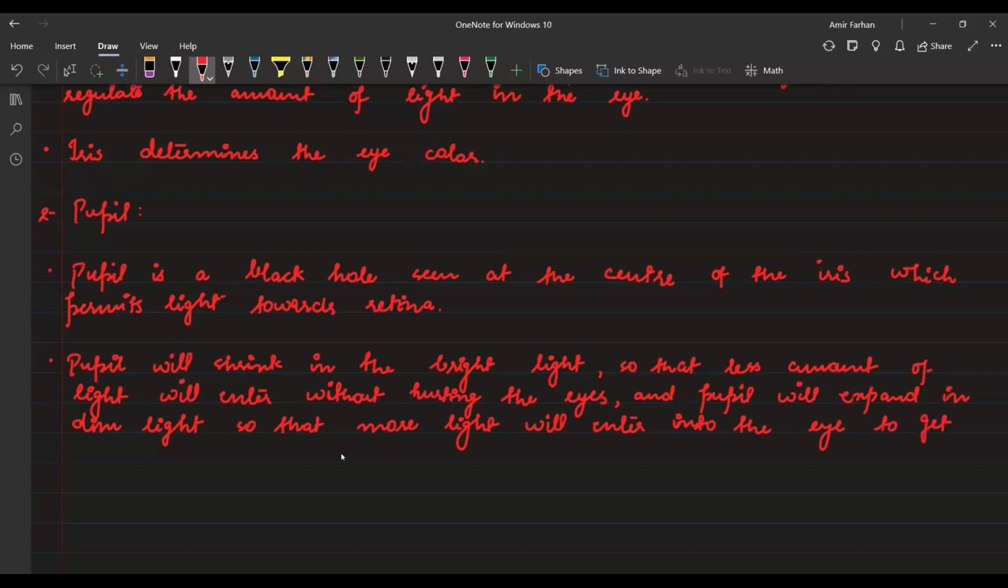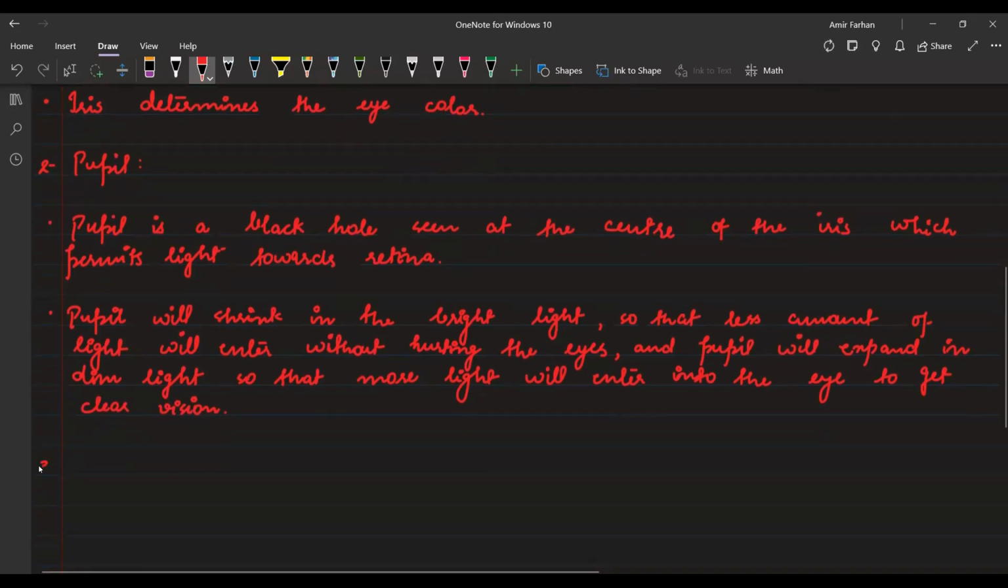So when you are in the black room or in the dark room, you have to open your eyes as much as possible, right? You have to see the things in a very focused manner when you're in a dark room. You have to open your eyes very largely to get clear vision. Okay, Zainab? Please let me know if you have any doubt till now. No. That's great. Okay, so next is